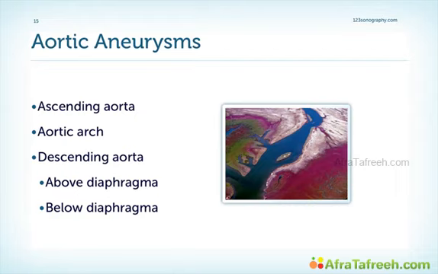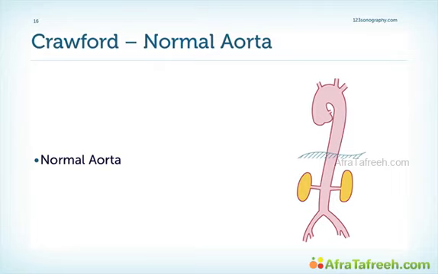Aneurysms can be present in all portions of the aorta: in the ascending aorta, the aortic arch, the descending aorta, either above or below the diaphragm. And very often we see a combination of aneurysms. For example, an ascending aortic aneurysm which extends into the aortic arch. To help us better define where the aneurysm is and what the extent is, we have the so-called Crawford classification